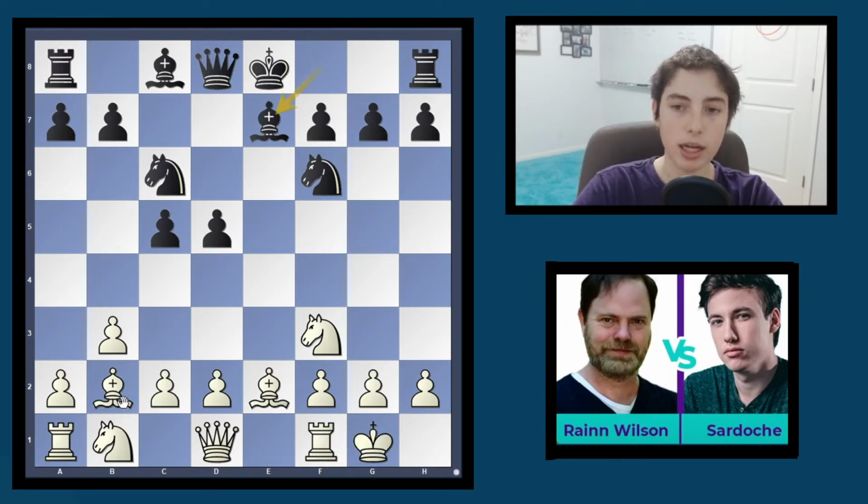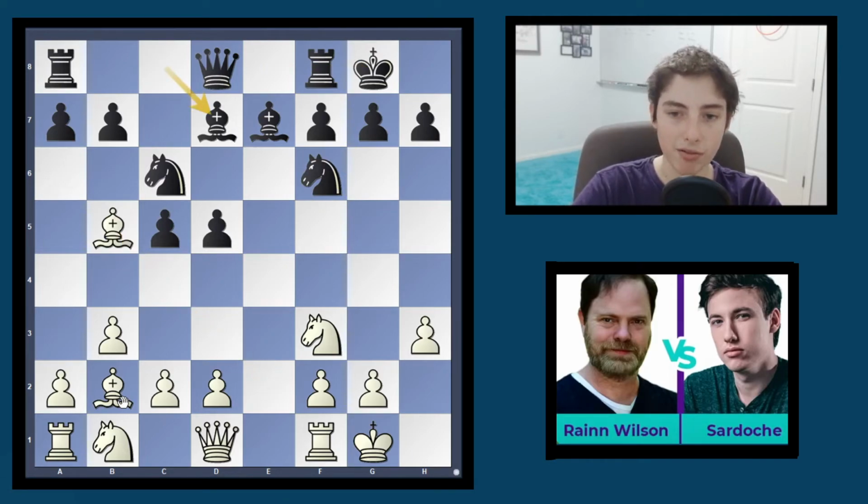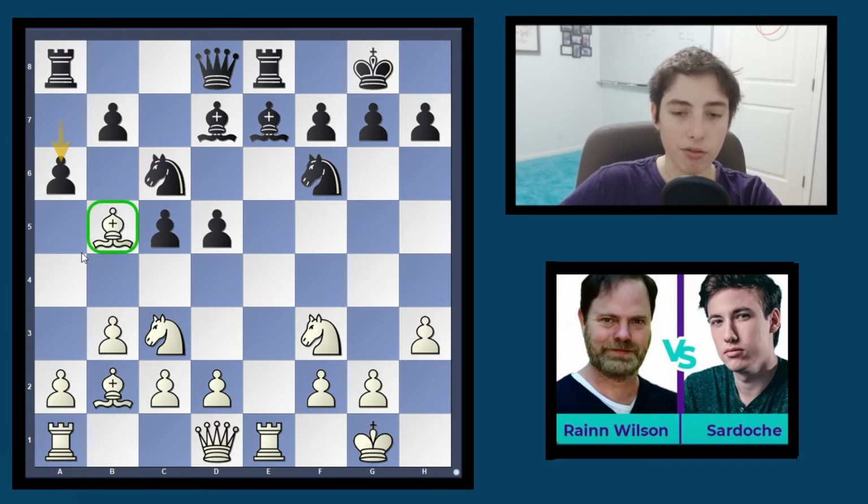So he castles quickly. We have bishop to e7, black also castles, and now bishop to b5, bishop to d7, both players developing, putting their rooks on central files, and getting all their pieces out into the game. a6 here, and you can bring the bishop back, of course not to here, it will get trapped, but you